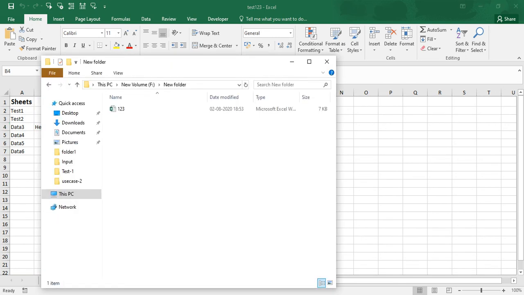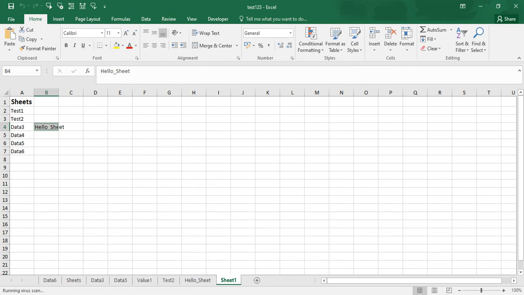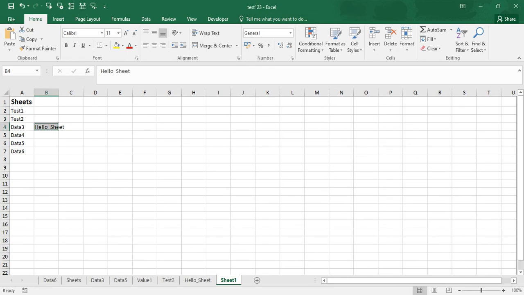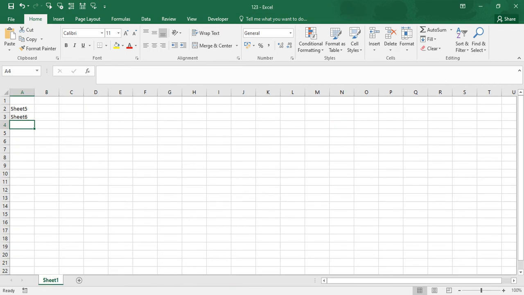What if I have some Excel folder, like this another folder? I'm going to open this one, and before that I'm copying this folder, and I need to specify where the folder is, I mean where it needs to work. Here it is an empty sheet, and right now we are going to create sheet 5 and sheet 6. Before that we have changed this test 123 Excel to 123 Excel.